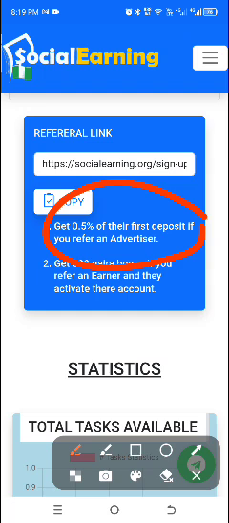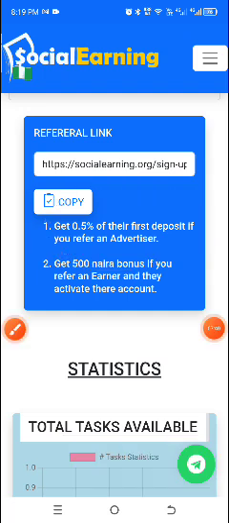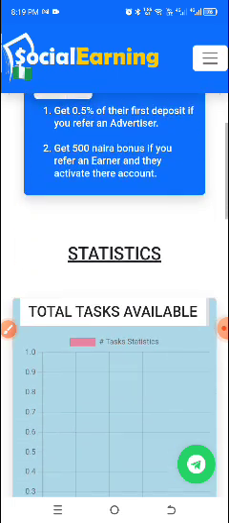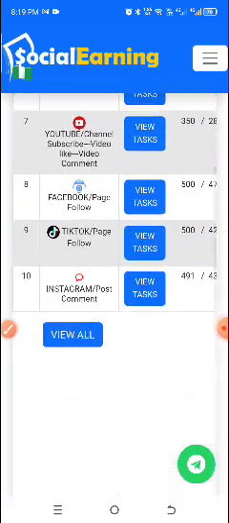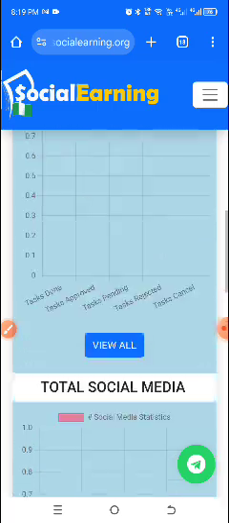So if an advertiser becomes serious with this platform or is interested and registers with your link, any amount he deposits in his account to perform task, you're going to earn 0.5% from there. So that is about the platform. It is very, very simple to start.